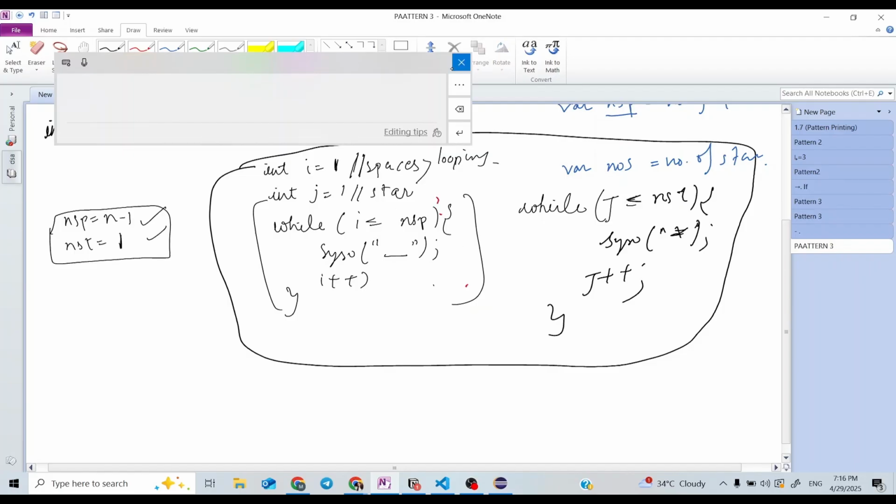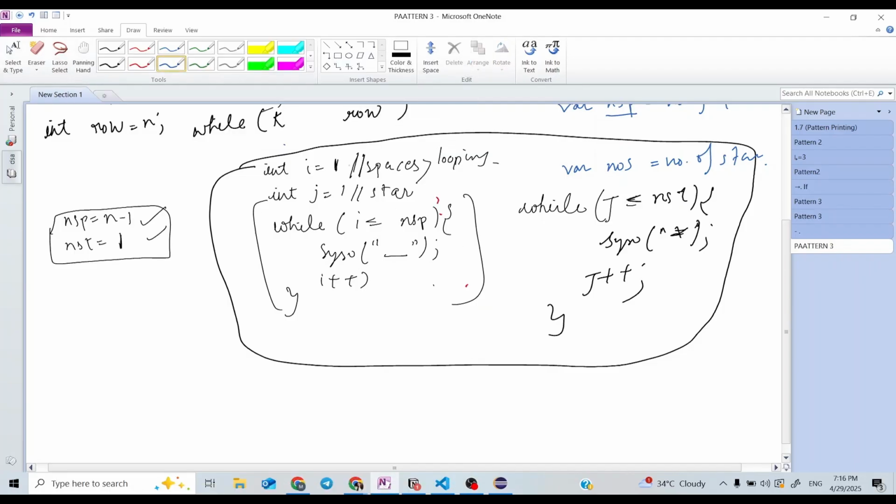So we have to do this work while our row variable reaches the end of the rows.